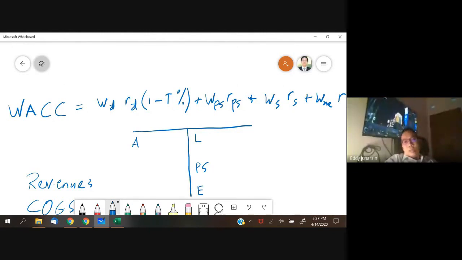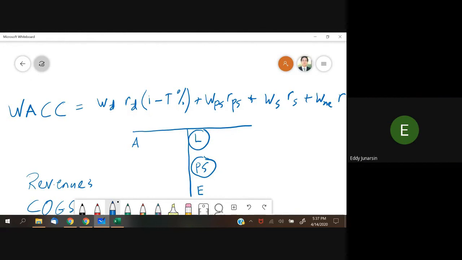So you see, let's compare this one first. Cost of debt and cost of preferred stock. Again, I come back to the two simple questions. If we borrow money, are we required to pay the interest payment? The answer is quick yes. And are we obliged to pay on time? The answer is yes. What about the preferred stock? Are we required to pay preferred dividend? The answer is yes. But are we obliged to pay on time? The answer is no, because we could delay it. We could defer the payment to the next period.